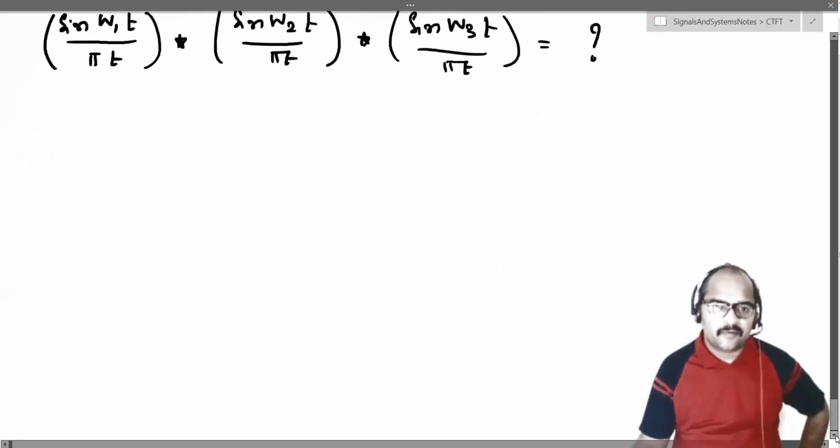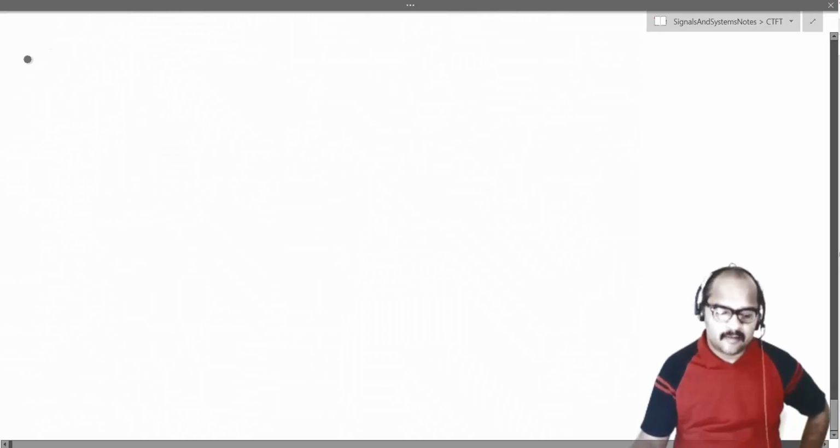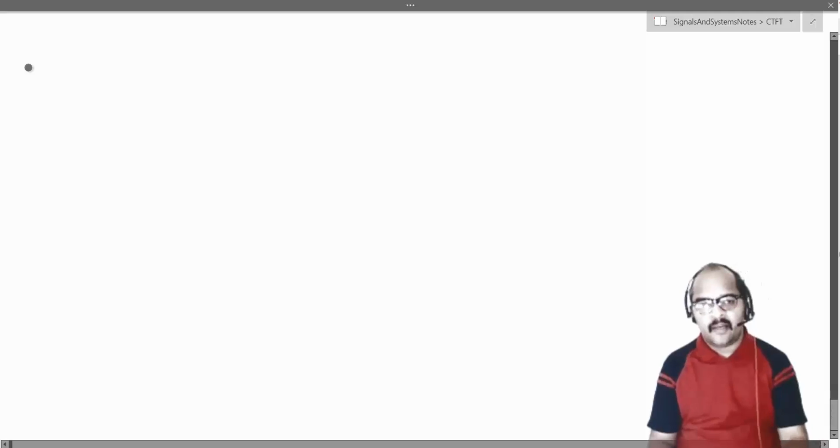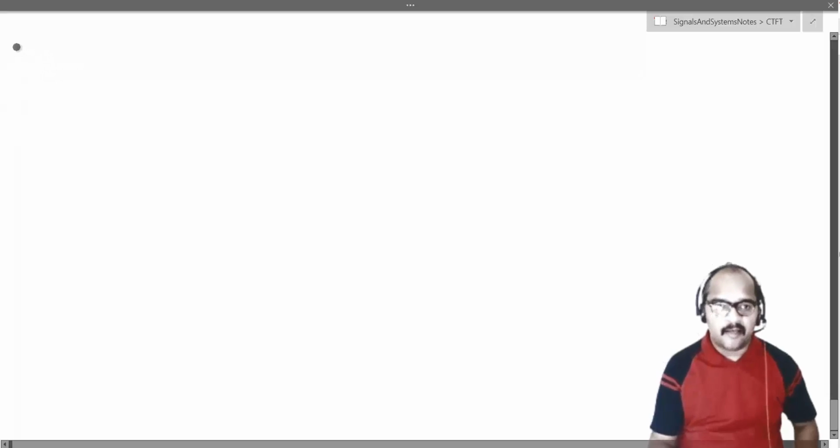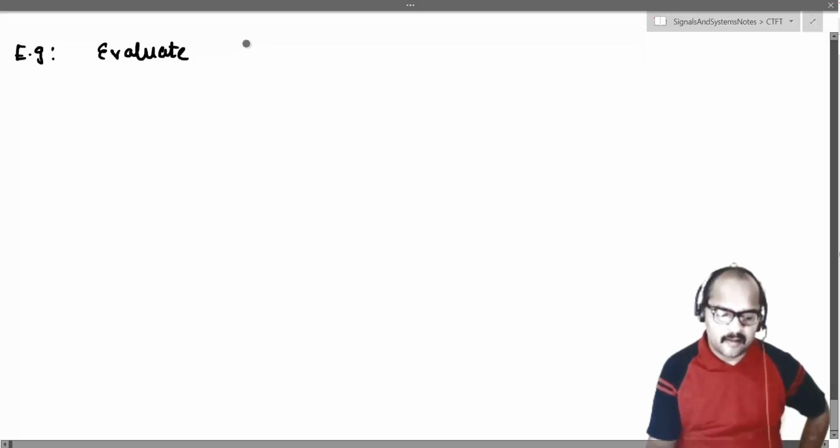Right, so we'll take one last example: evaluate the following convolution. It's a little bit laborious. So evaluate, I'll write down below,